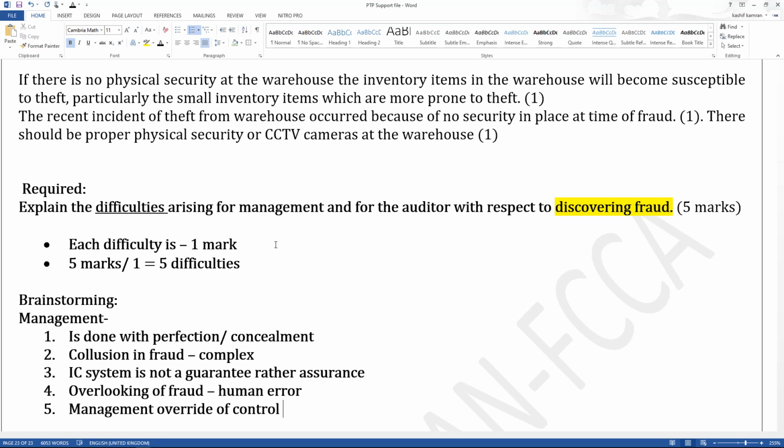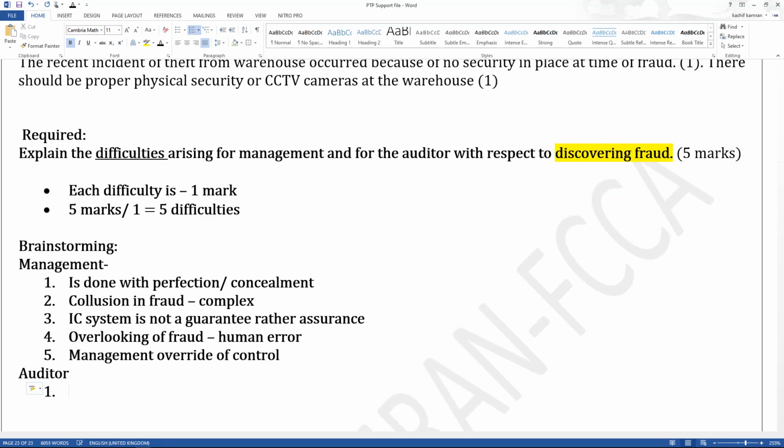So, are there logical reasons why there would be difficulties for management to discover a fraud? Because the internal control system might not be a guarantee. Collusions might make it complex. They might overlook something mistakenly, and there is management override of controls. For the auditor, finding the fraud is very difficult because